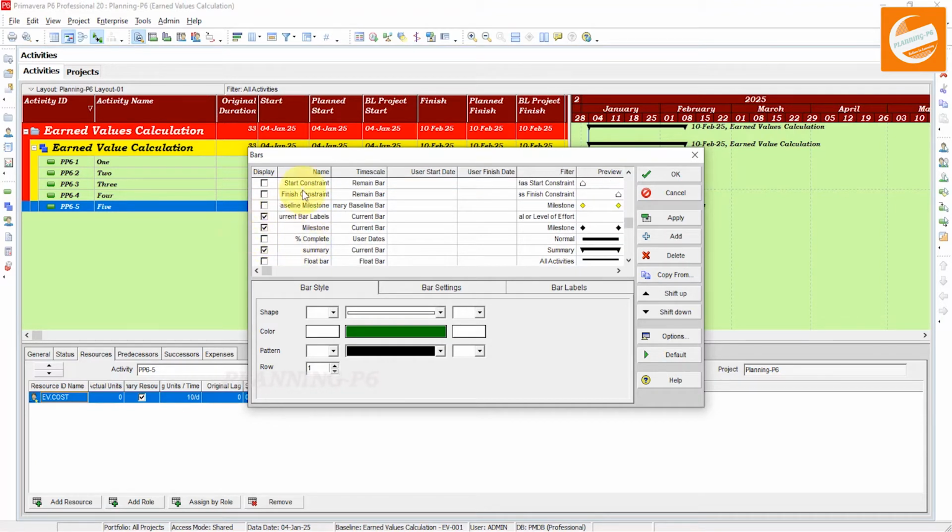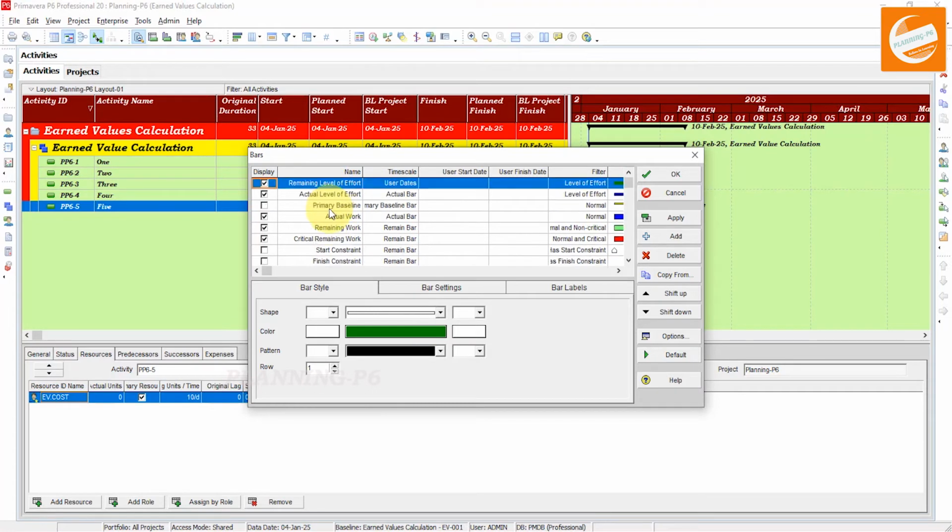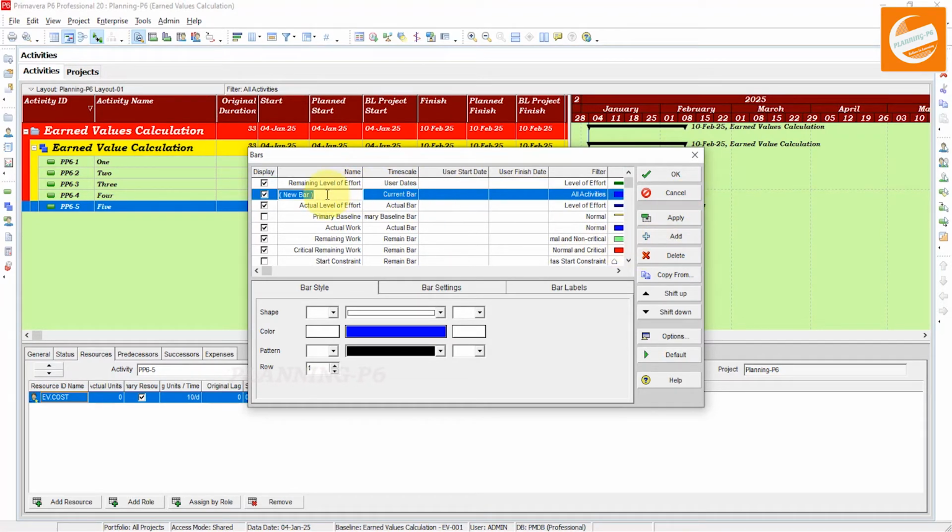Here is no bar for the project baseline. We will add a new bar for the project baseline. Just say the name of the bar, project baseline, and here the current bar, not project baseline.